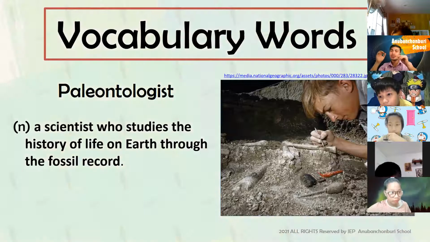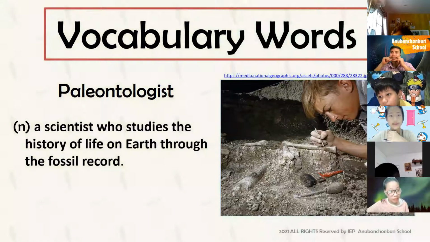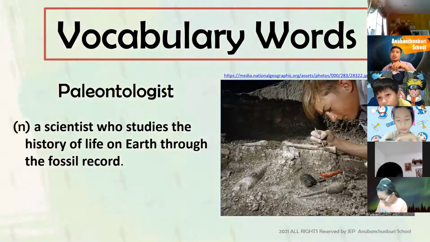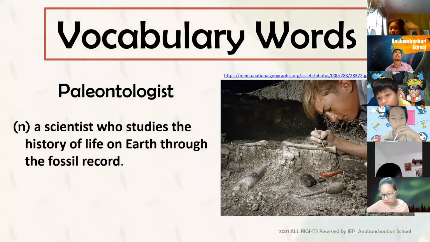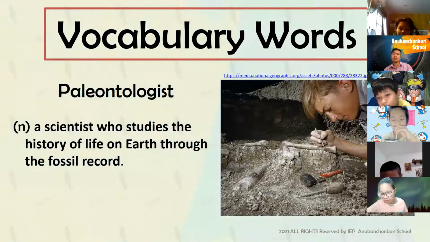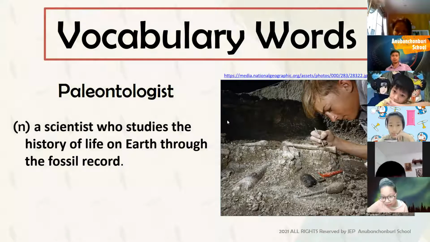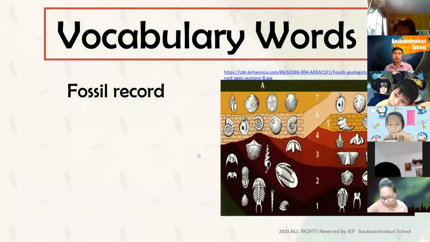You know, when you say doctor, there's a lot of doctors out there. Some doctors specialize on eyes, ophthalmologist, some on the teeth, the dentist, okay? So science also has different branches. And one of these is the study of fossils and the history of life on Earth. If you want to study the dinosaurs before, if you are fascinated with the biggest snake, the Titanoboa, you can study to become a paleontologist. Okay, and that is also a very good and exciting and interesting study. Well, let's proceed to the next one.